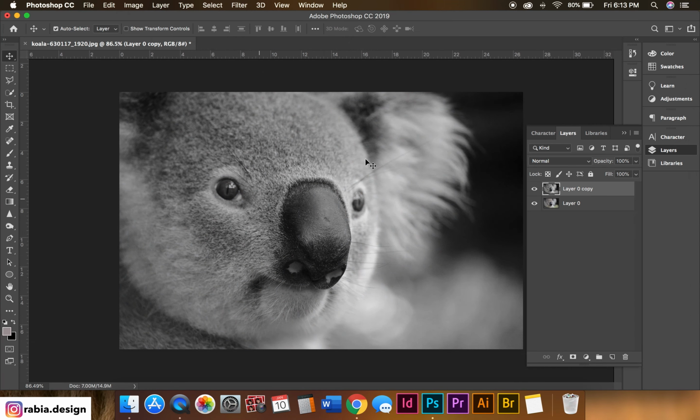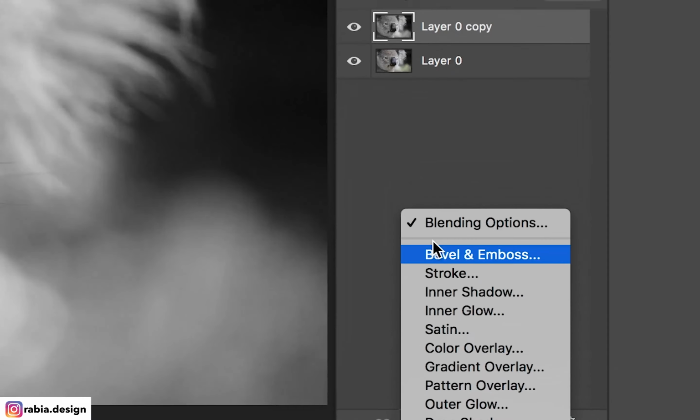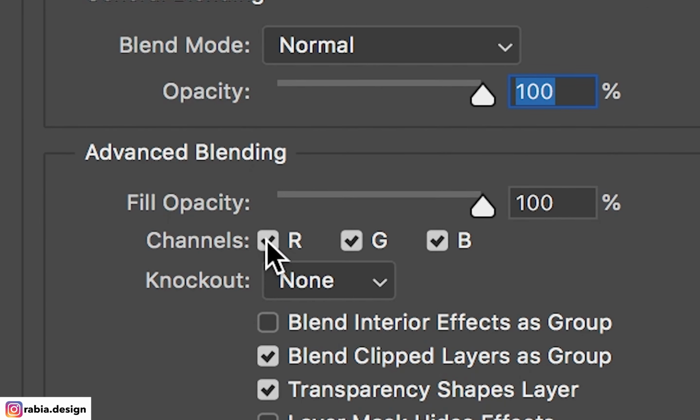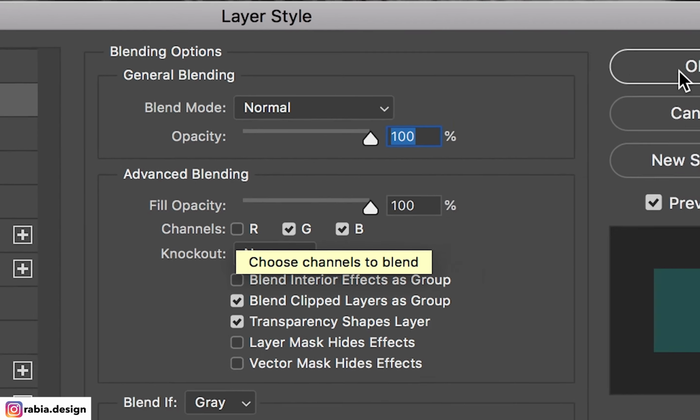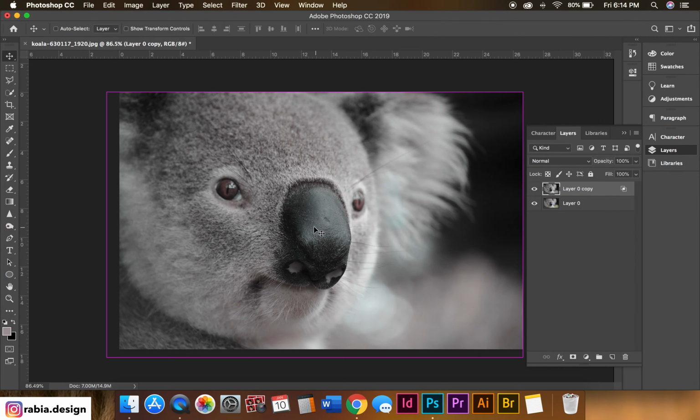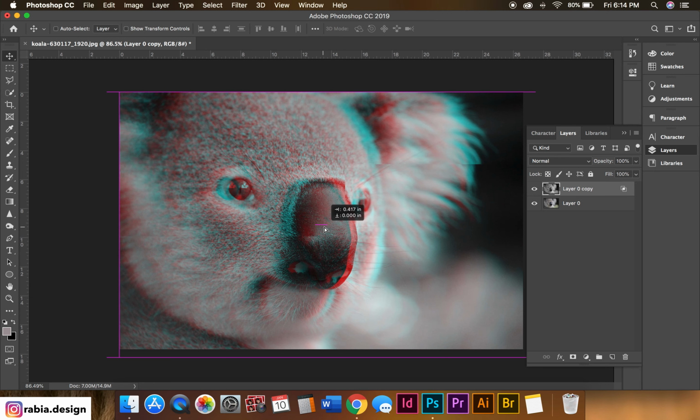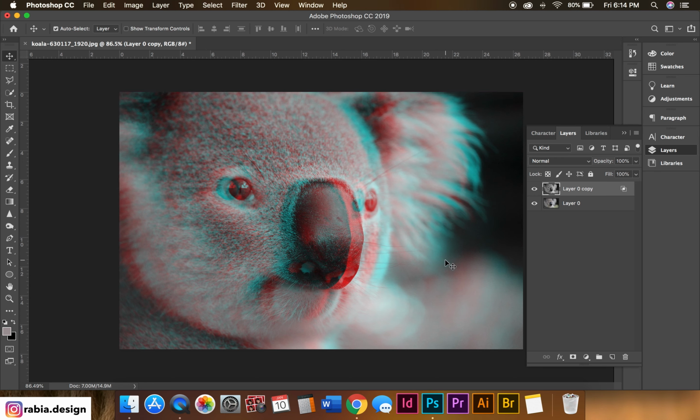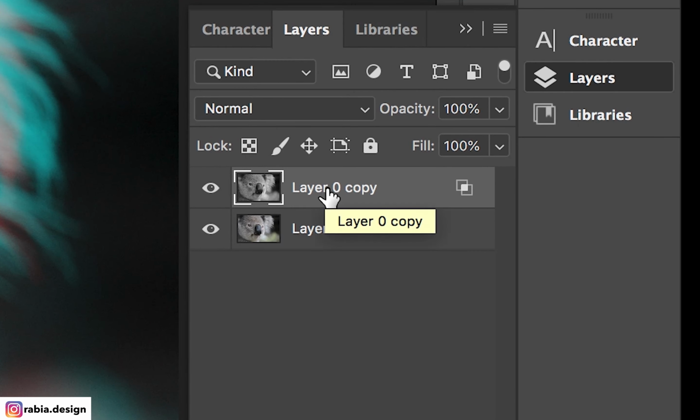Once I've turned this into black and white, I will go to my blending options and deselect channel R. Hit OK. I will press Command and shift the entire photo to the right side. Once I'm done with that, I will create another duplicate layer